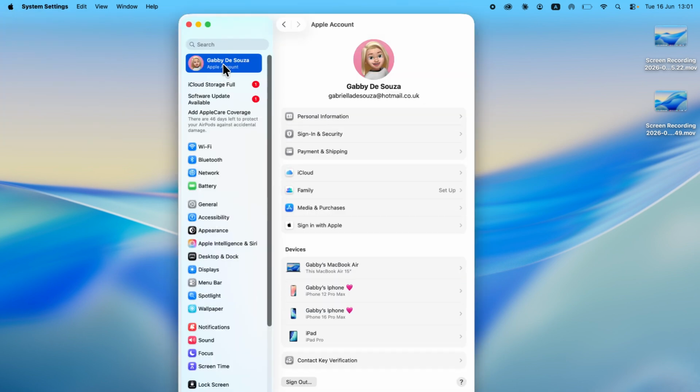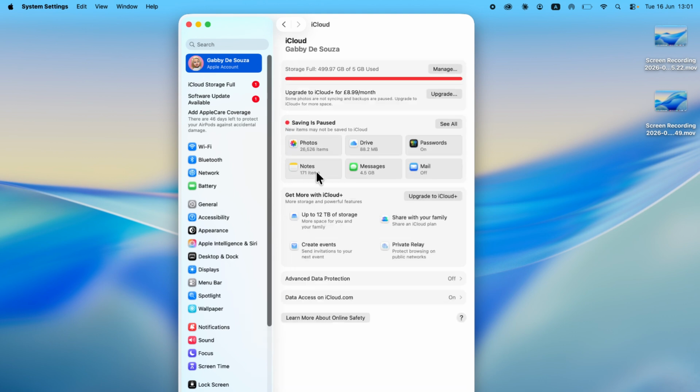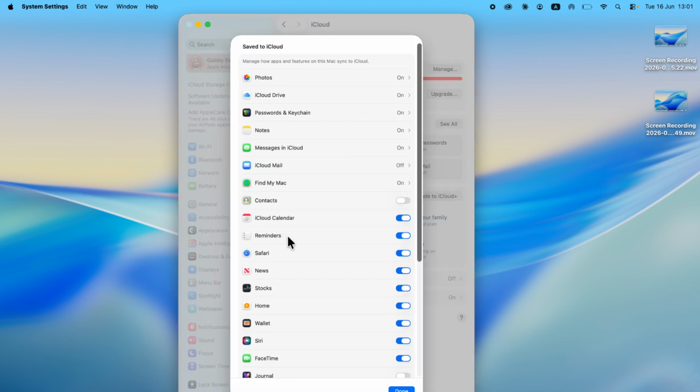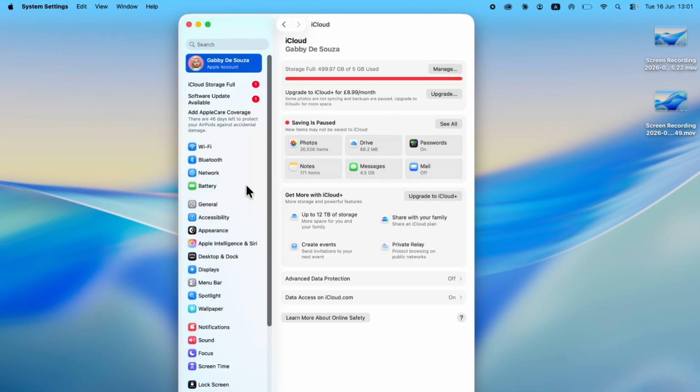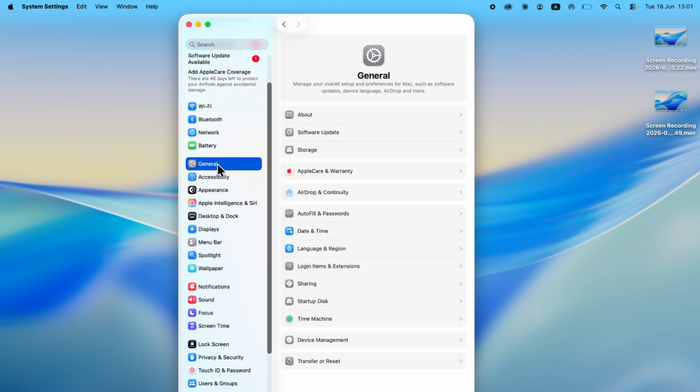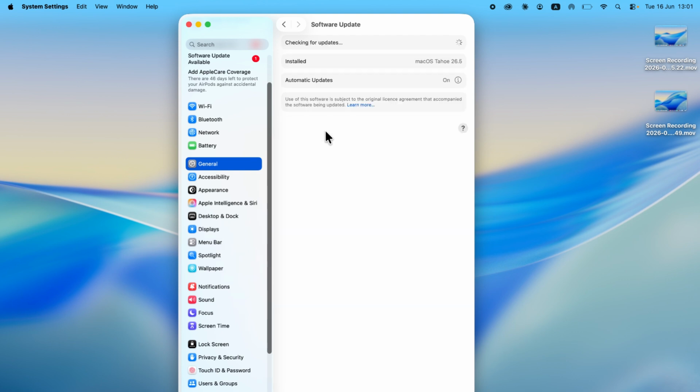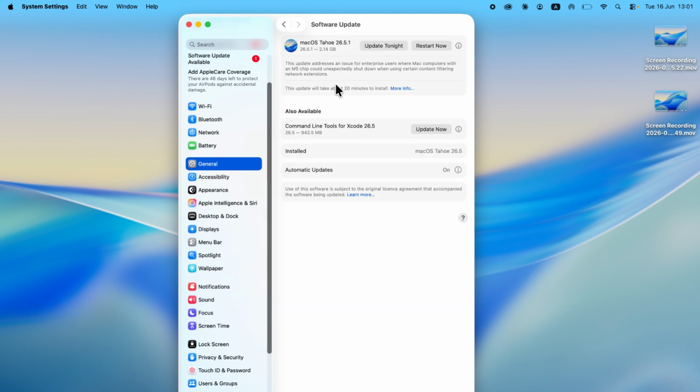Now click on your profile name, click on iCloud, click on See All, and make sure you have FaceTime turned on and enabled like this. You could then click on General from the left hand side, click on Software Update, and make sure your MacBook computer is fully up to date. So if there's any updates available here, you'll need to go and install these now, as these updates often contain